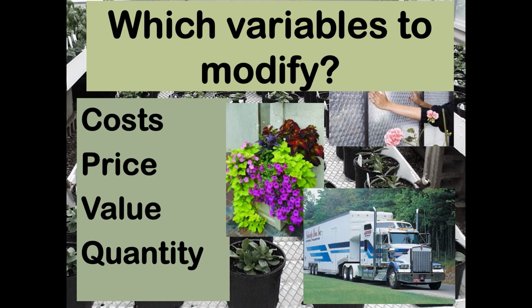So in that spreadsheet, what variables can we modify? And I won't play with it here for the sake of time, but a lot of us think, oh, if I can save 50 cents per box of pots, I'm getting a good deal, right? And so we tend to beat up our vendors to get nice and low prices, which is all well and good. We should keep the pricing that we're paying as tight as possible.